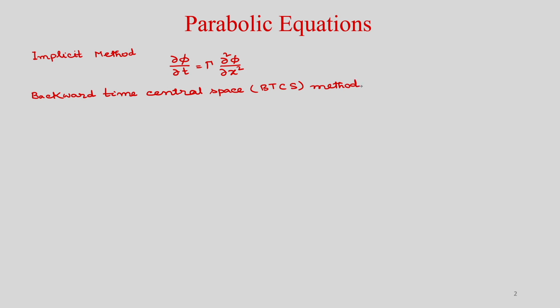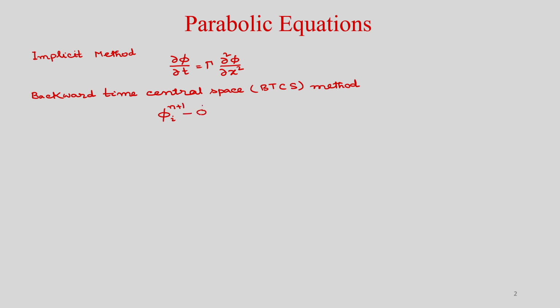So, you can see that we will use the finite difference formulation for the first derivative as a backward finite difference approximation, and for the second derivative on the right hand side we will use the central difference method. So, obviously, the order of accuracy will be first order in time and second order in space. So, you can see which way we will discretize this equation. So, del phi by del t will take phi I n plus 1.